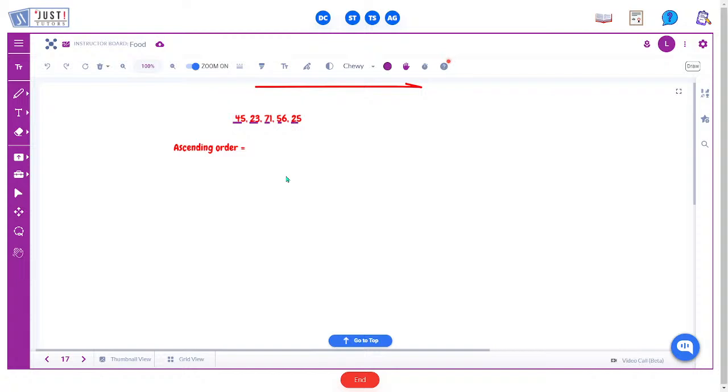The first digits of every number are 4, 2, 7, 5 and 2. Now you can see 2 is repeated, but those numbers would come in the beginning because 2 is the smallest, right? इन पाँचों में 2 जो है वो सबसे smallest है, वो सबसे छोटा है. So we have to first compare 23